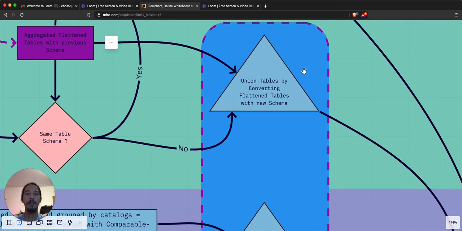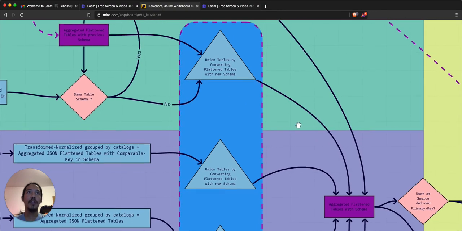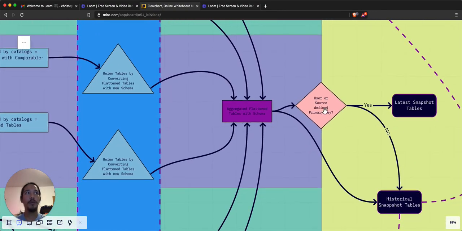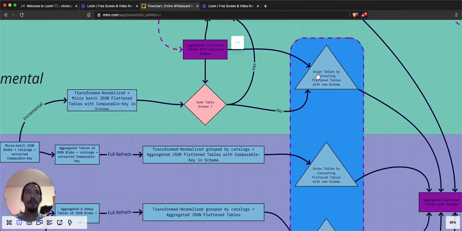We have to adapt the old schema and the new schema, do some migration work, and make them compatible with each other so we can merge the two tables together. And once we figure out how to merge this, we can go back to here and expose it to the end user as well. And this work can be done on this macro batch or on the archived JSON blobs as well, if we need to go back in time and say, okay, fine,